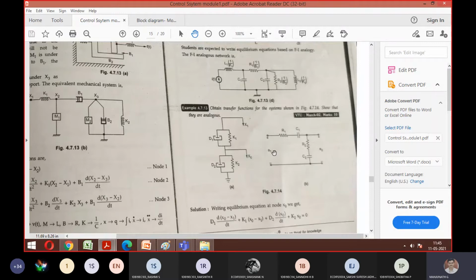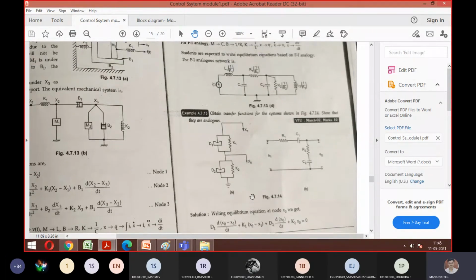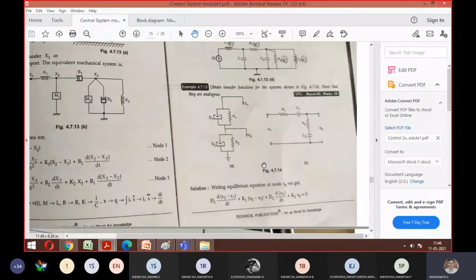So you need to go with the same procedure you went through. Whether you want to write the first equation for the mechanical system or the electrical system is left to you. In this, they went through with this part A, because in the previous problem this was A and this was B. Now they are reversed, so you can stick to the procedure. Look here: how many displacements do you have, guys?